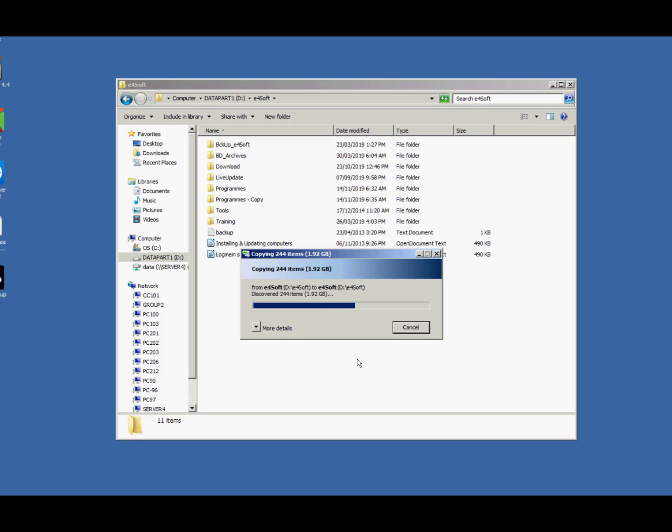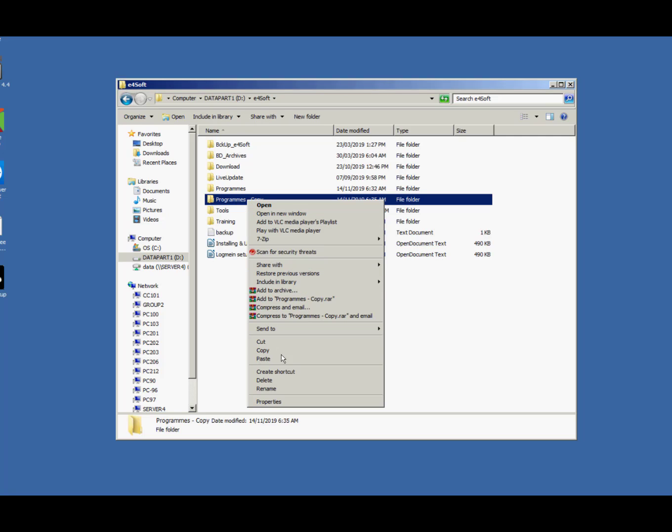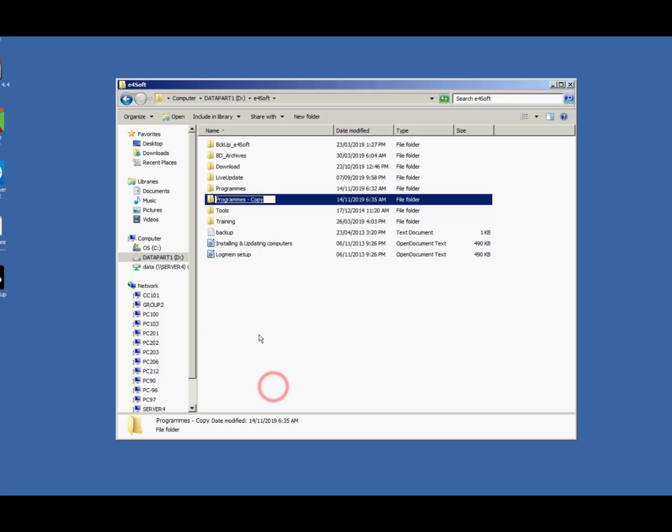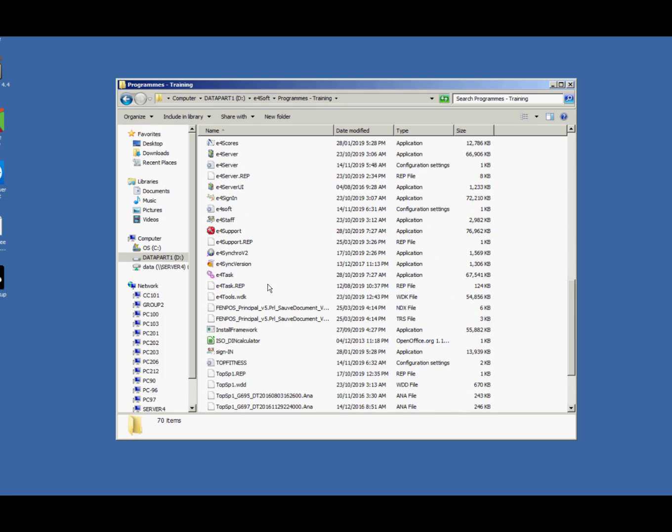The second step is to rename that directory so that you know that it's the directory of the training. So we will let this go to the end. So I right click and I say rename, and then I will say here training. And then inside of this directory, we will find